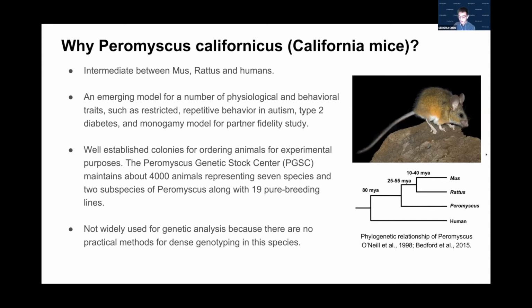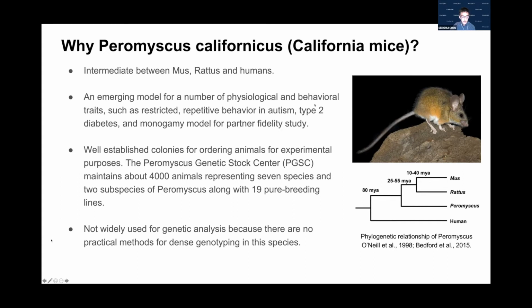California mice, from the graph here, you can see the phylogeny. It is a really good species intermediate between two major rodent genetic models and humans, and it can help us understand the linkage between mouse and humans by serving as a really good outgroup. Second, it is an emerging model for a number of psychological and